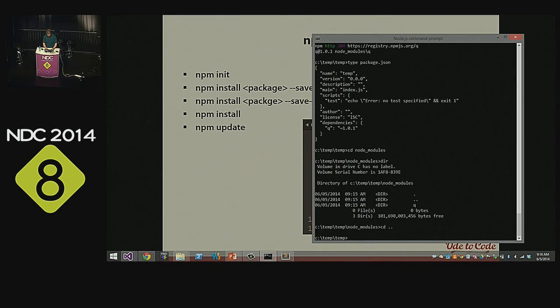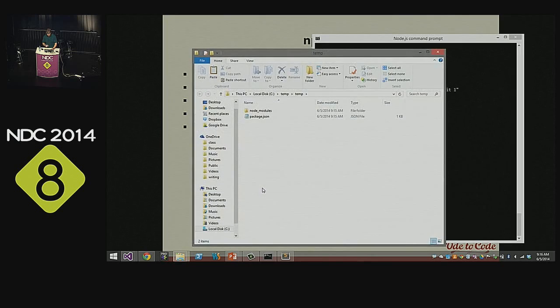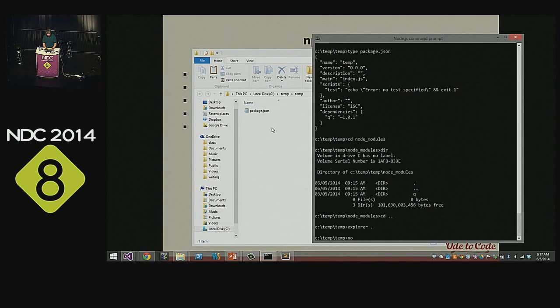But then, what you typically do when you're working with source control, you don't check in the node modules folder. Just like with NuGet, it's quite common to not check in your packages folder with all the binaries in it. Instead, you just check in package.json. So another developer comes along on their machine, clones the repository, gets down package.json, and then they'll just type npm install,